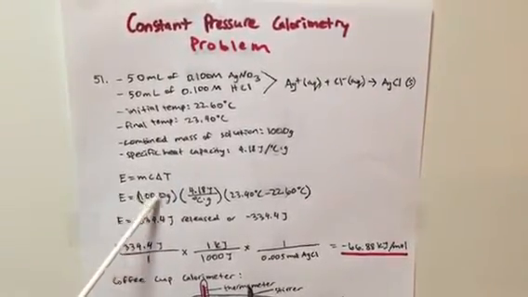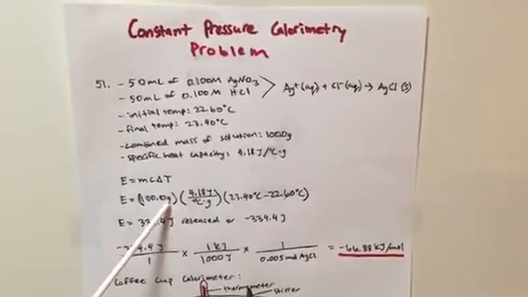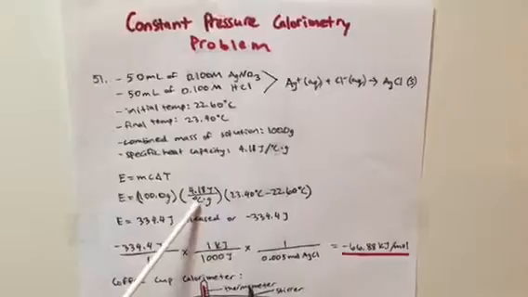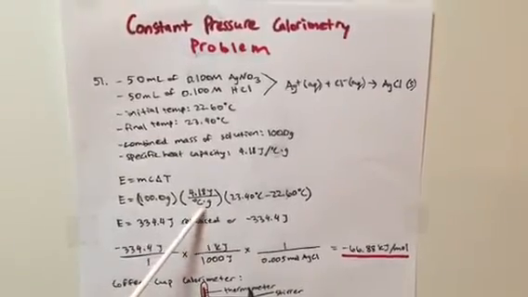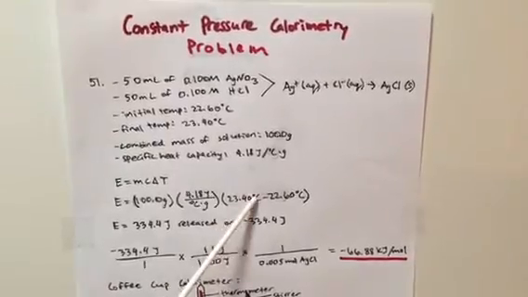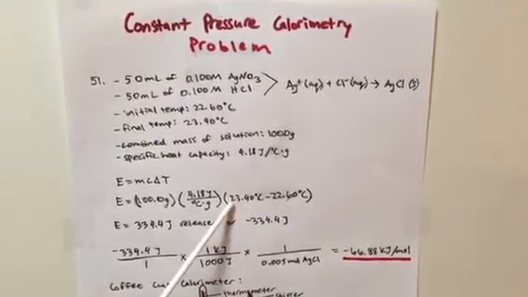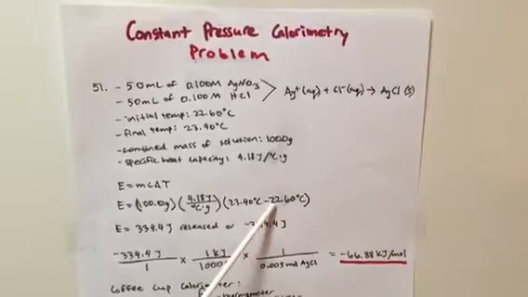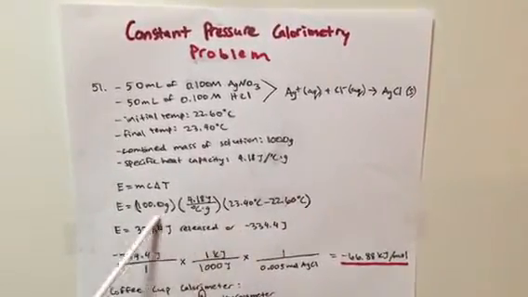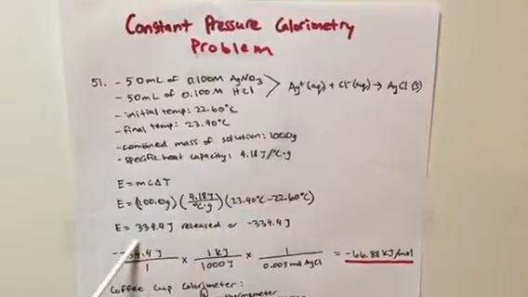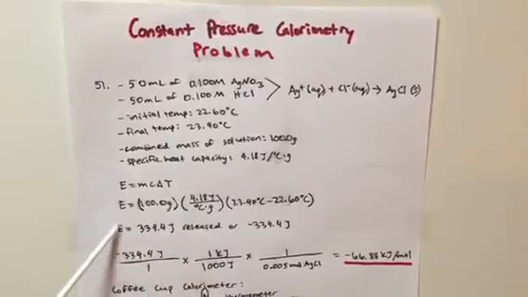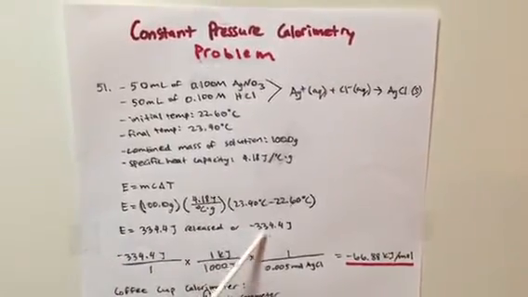The q is equal to 100 grams, because the combined mass of the solution is 100 grams, times the specific heat capacity of 4.18 joules per degrees Celsius times grams, and then times the change in temperature. So the final minus initial, final being 23.4 minus initial 22.6, which will be 0.8 degrees. And then you plug this in your calculator and you will get 334.4 joules released in heat,